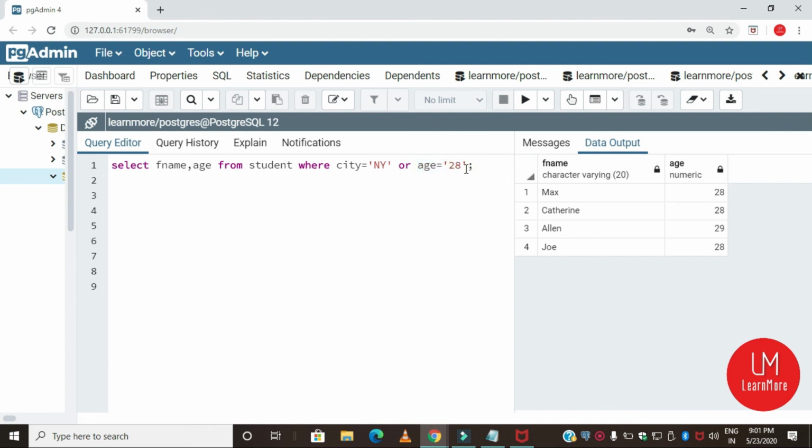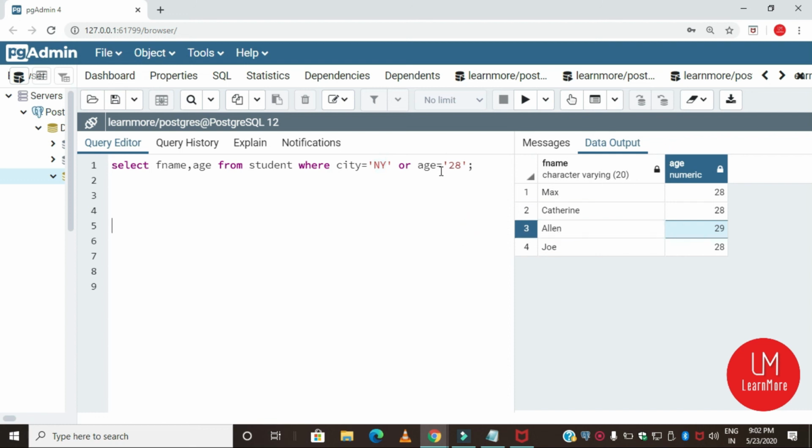So we have 3 entries in this column with age 28, and the one is 29. Why this 29? Because he is residing in New York, and this condition is true for this third row. So that's why that Alan comes here.